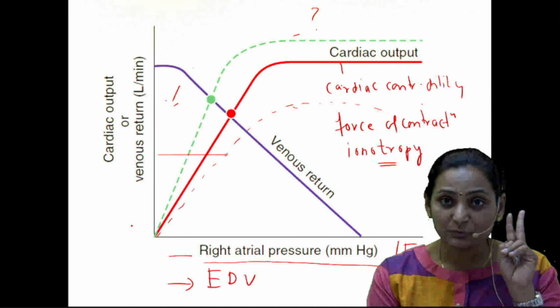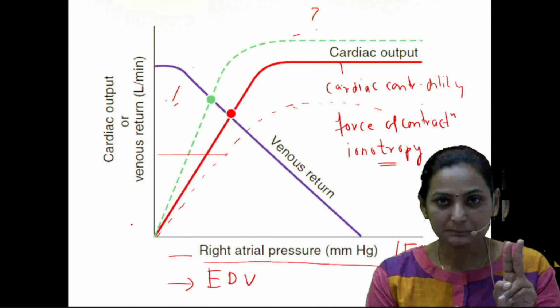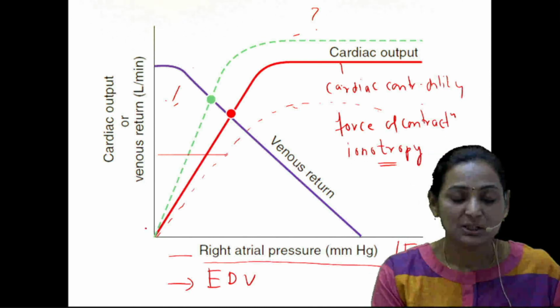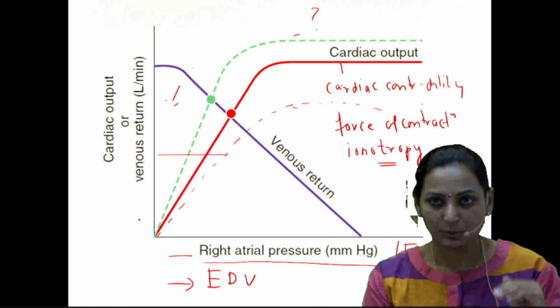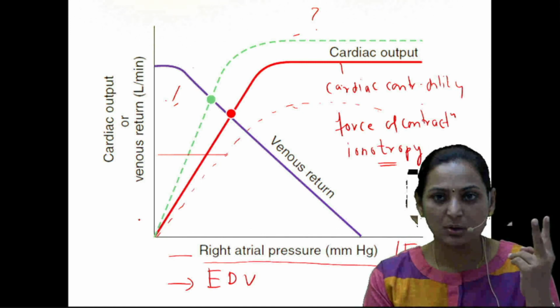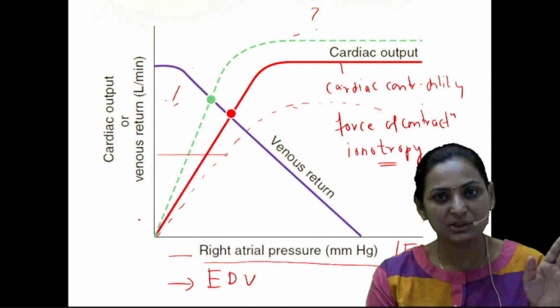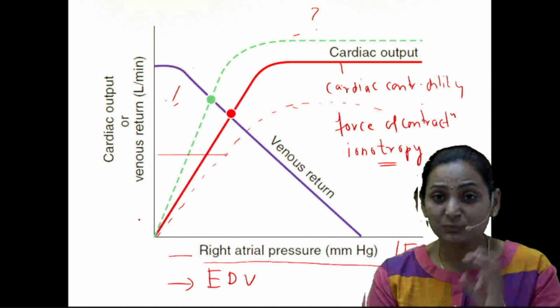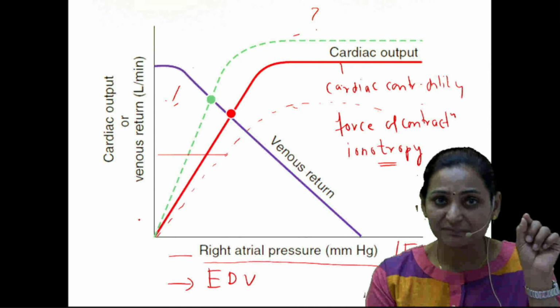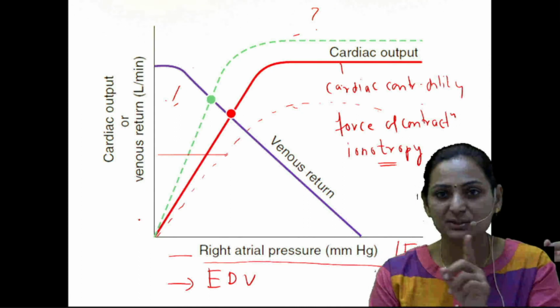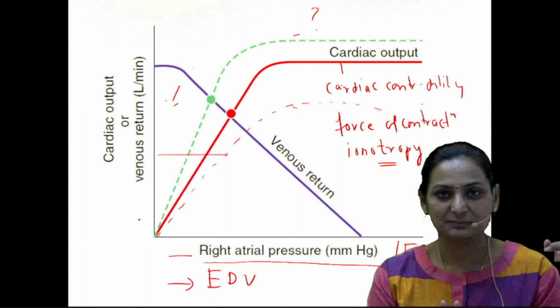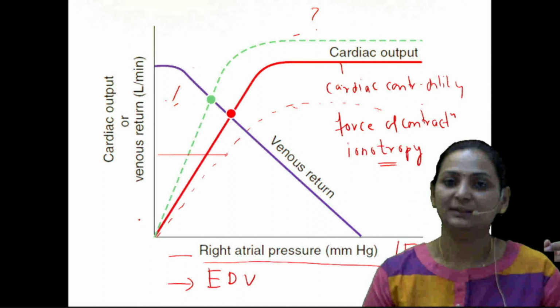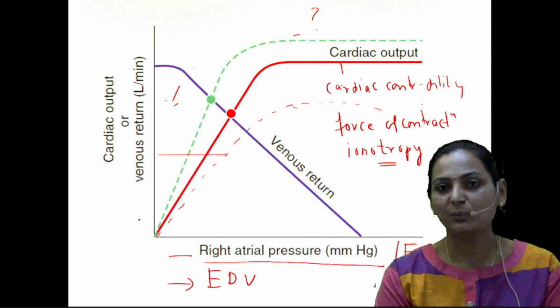So if you look at the question, the graph is shifted in which direction, upwards or downwards, and there can be only two causes: either a change in the venous return or a change in the cardiac contractility. I have to just know which graph is of venous return and which is of cardiac contractility. Hope you liked the question. It was different from what we routinely study.